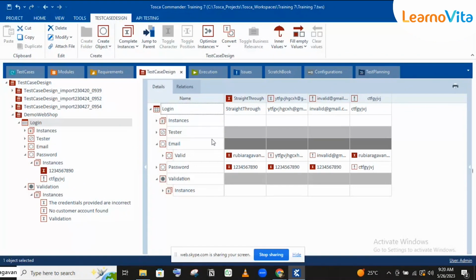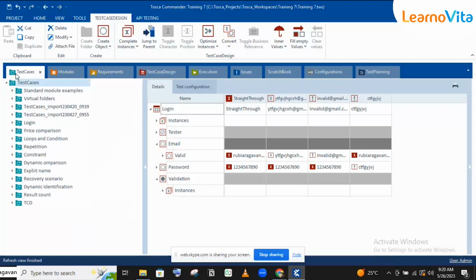Okay, in the last session we saw how to do the manual thing, right? So after generating instances, the other steps will be the same as what we have done in